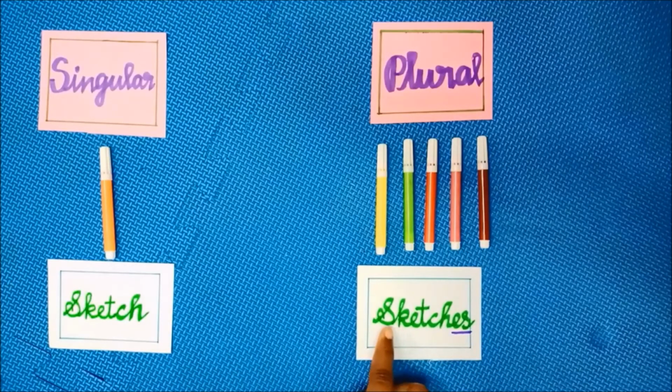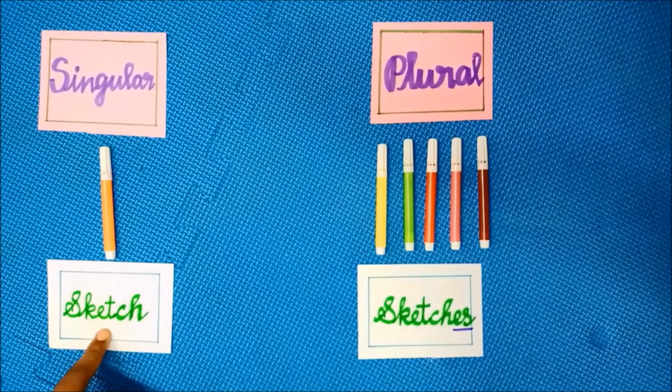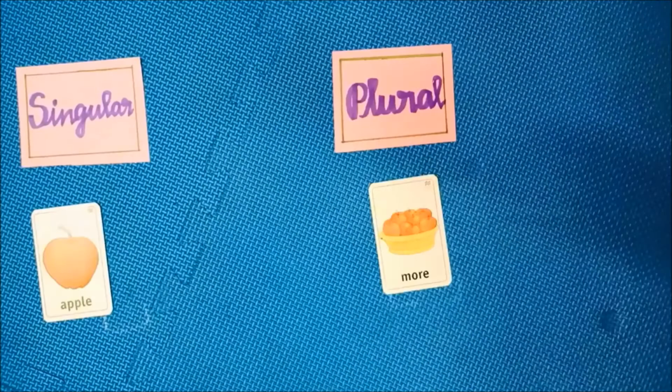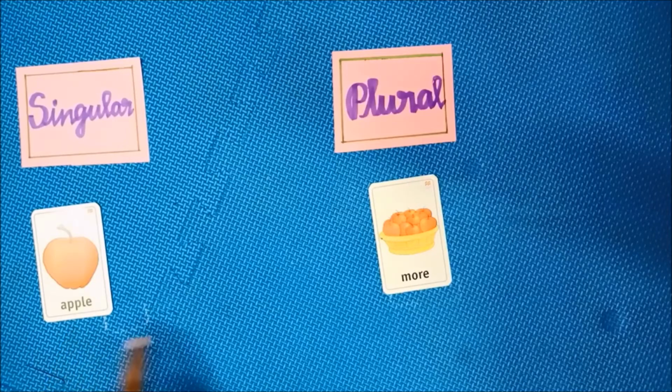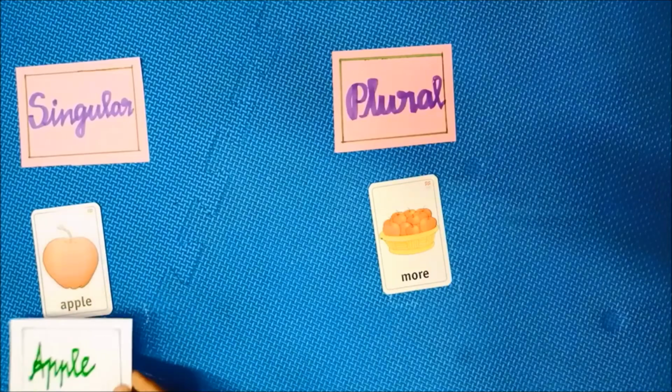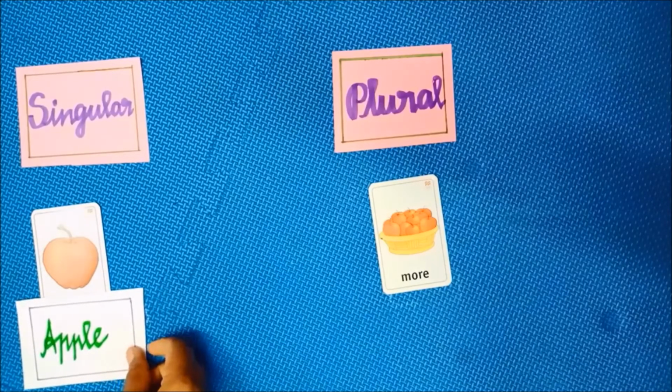See the spelling for sketches? S-K-E-T-C-H-E-S. Sketches. The plural form of sketch is sketches. Look at the next thing, children. What is it? It is an apple. Here I have only one apple. So it is singular. Here I have more apples. So it is plural. So the plural form of apple is